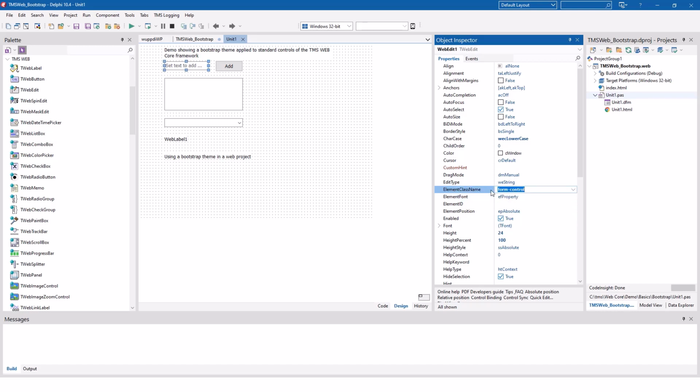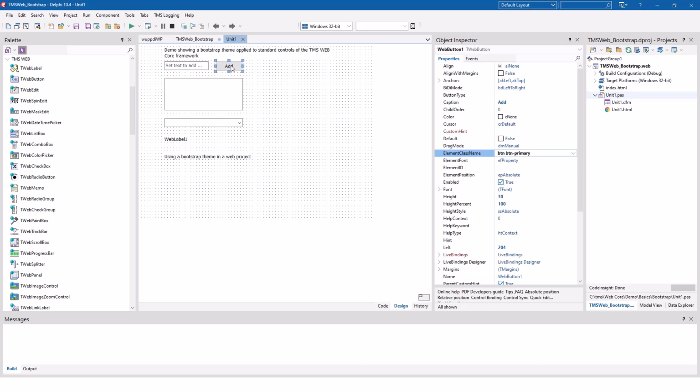So setting this element class name to form control, where does this come from? It comes from the Bootstrap specification. So if you look at the Bootstrap documentation, you will find these class names. For the button, you see button, button primary. The button class makes an element a button, and the additive specification of button primary makes it a blue button, a primary button, as they refer to it in the Bootstrap world. So running this,